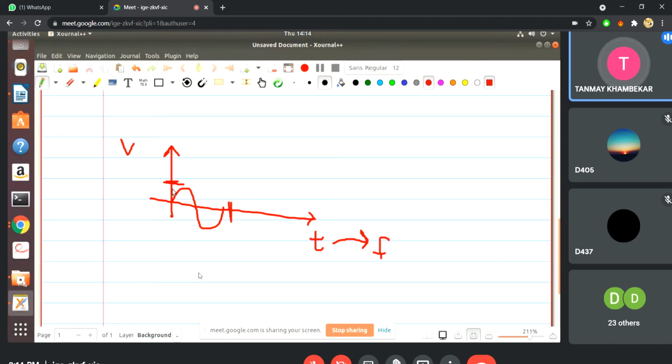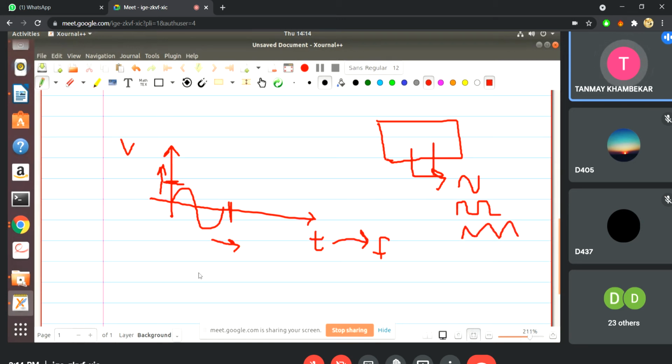So I have two controls for any waveform. On CRO, I will be having two controls: one will be the time control and another will be the magnitude control. Now I don't have any circuit whose output I can measure. So what I have done, I have taken a function generator. What does this function generator do? It will generate a signal. It can generate sine, square, and triangular waveform. I have given the output of this function generator to CRO, and I have measured the amplitude and frequency. Understood what I have done in the video?